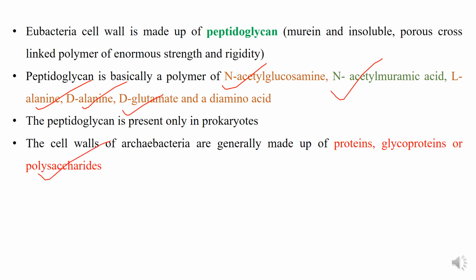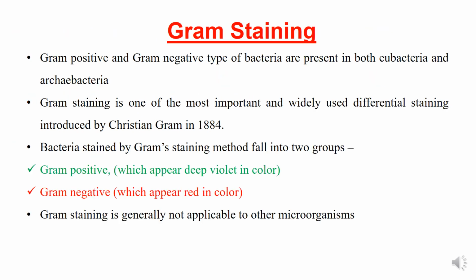So the main cell wall function is to protect the bacteria from harsh environments, and it gives a particular shape to the bacteria. The cell wall is made up of peptidoglycans in eubacteria, whereas in archaebacteria it is made up of proteins, glycoproteins and polysaccharides. Coming to one important technique to differentiate bacteria into positive and negative,